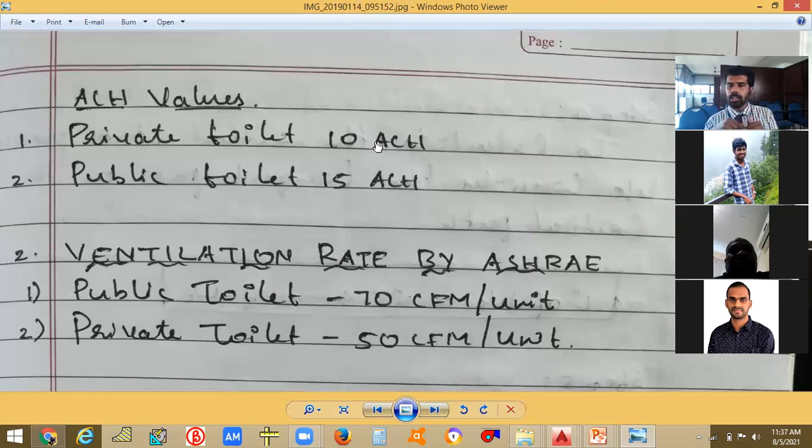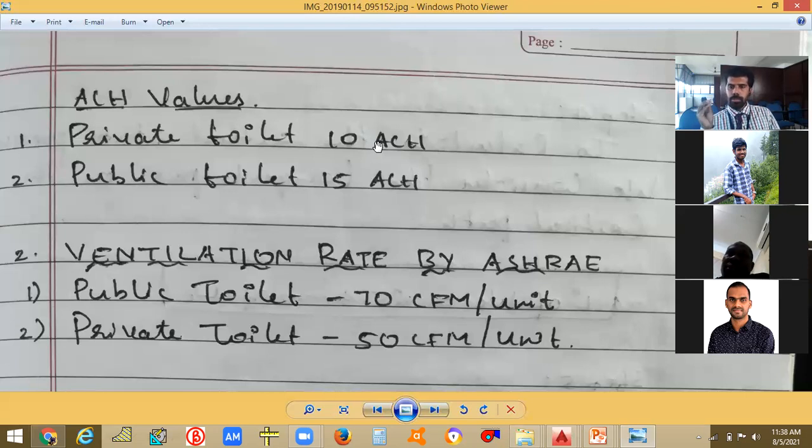I will give you an architectural drawing of a toilet. What are you supposed to do? How are you going to deal with this? If I give you a kitchen, for example, will you be able to design a kitchen hood, with its CFM and its duct size? You will be able to design it, right?